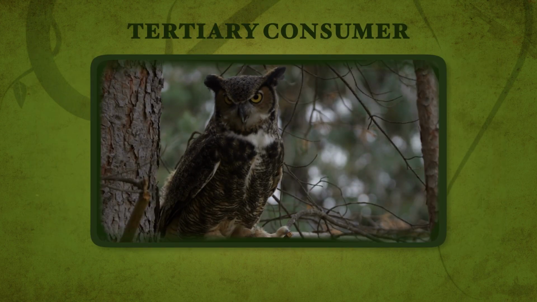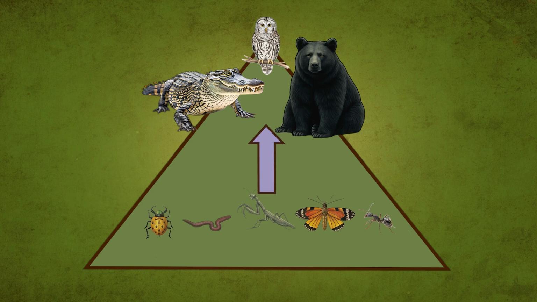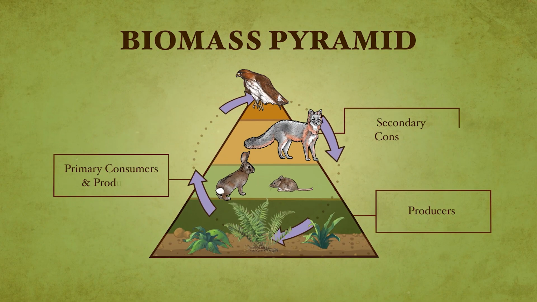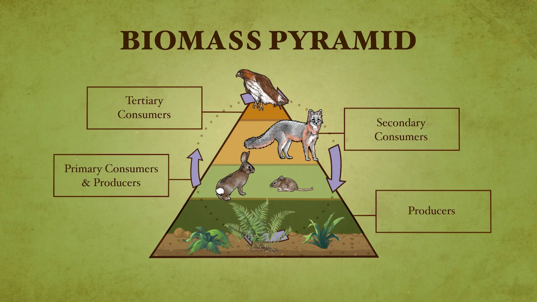As energy is transferred through those different levels, most of that energy is lost. So it requires a lot of smaller organisms to actually produce that energy to make it all the way to the apex predators at the top of the food chain. As you go up the food chain, you need fewer organisms because otherwise the ecosystem can't sustain itself. And so there's more organisms at the bottom of that biomass pyramid.